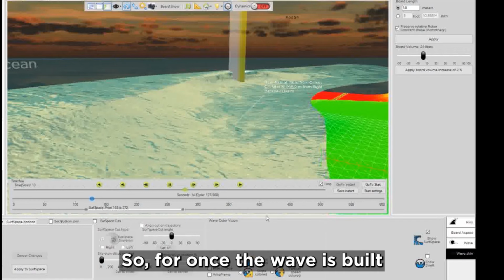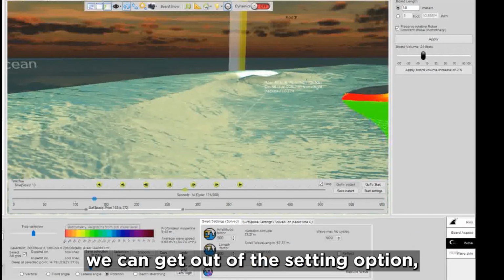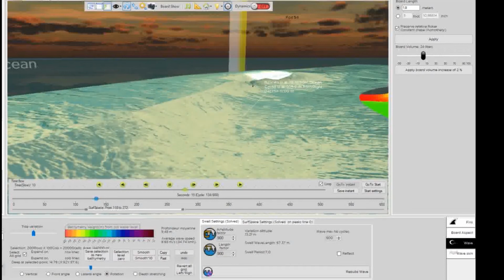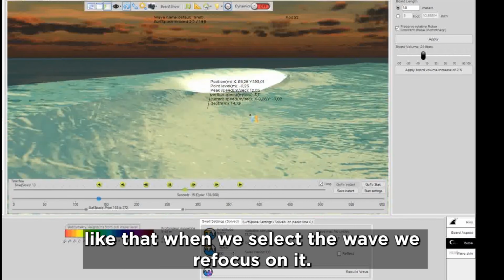So, for once the wave is built, to select the wave, we can get out of the setting option. Like that, when we select the wave, we refocus on it.